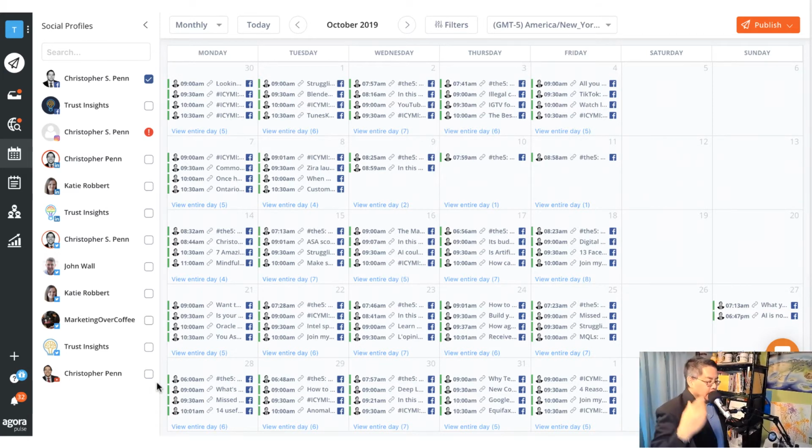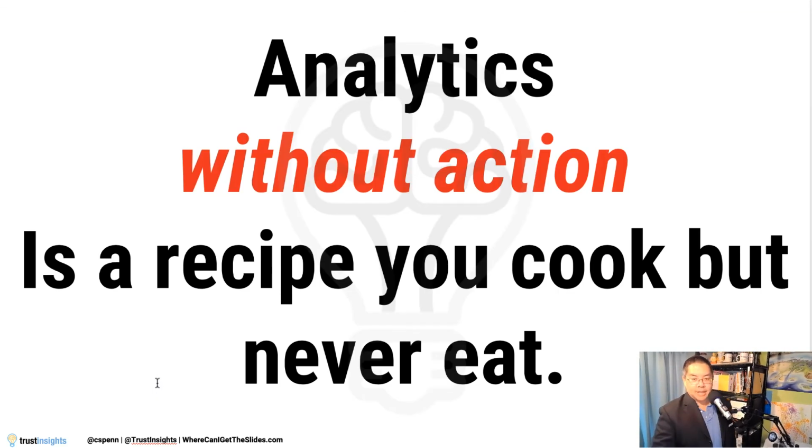So we've talked about what predictive analytics is, using analytics to predict what's likely to happen, why it's important to end that scramble to deliver higher impact, and how to do it: the data you need, numbers with dates attached to them, the tools you need, these statistical and machine learning tools, and then the process of doing the cooking, the test kitchen, refining it to a usable product, and then giving it to people and taking action on it. That last part, again, can't say this enough. Analytics without action is a recipe you cook but never eat.